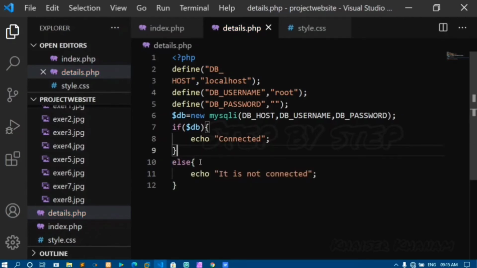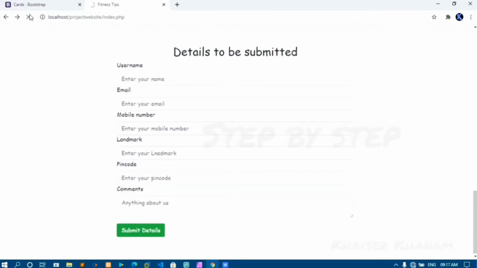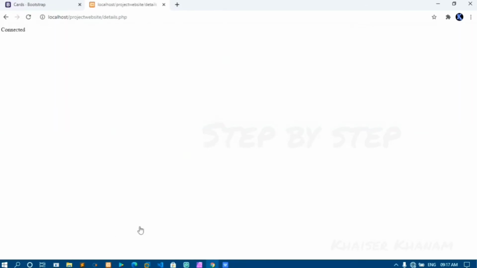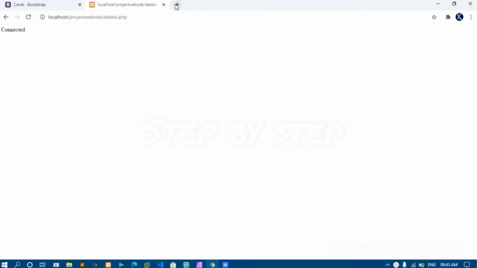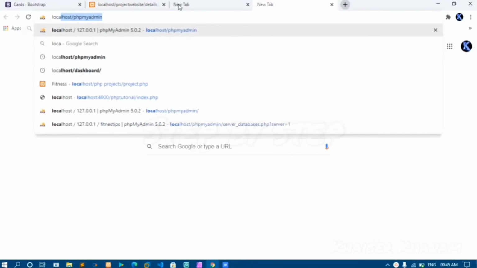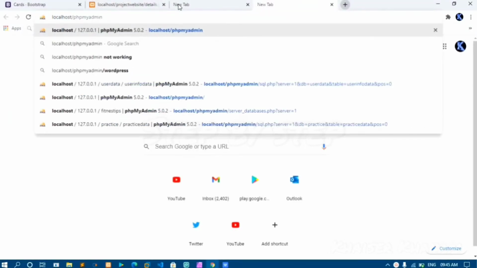If I come and if I refresh here and if I fill some details and if I submit the details, you can see my database is connected now. If you see your database is connected, see, you always have to on this Apache and MySQL. Okay, it's then only you will be connected to your database. In new tab, I'll be writing localhost, this one php my admin.